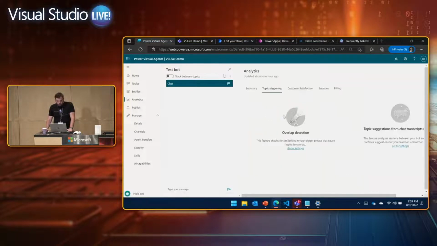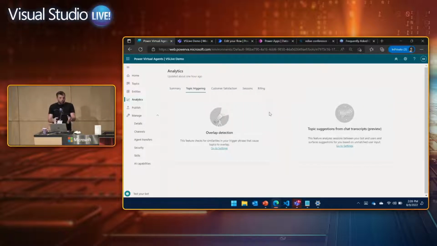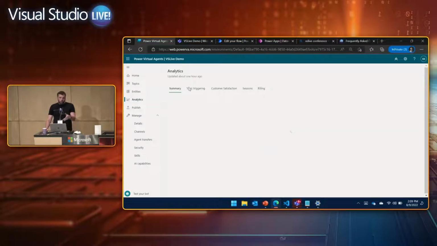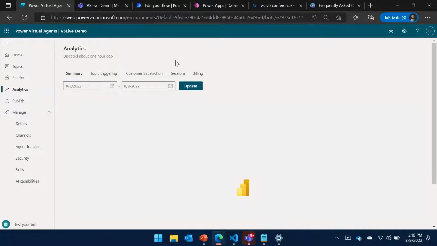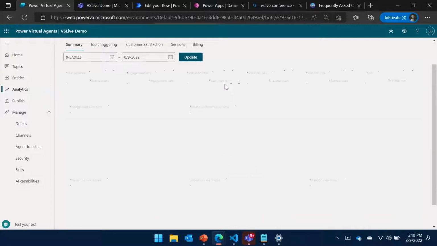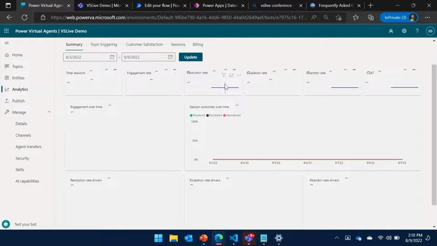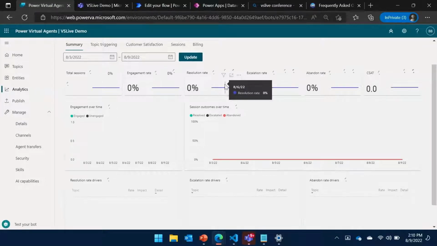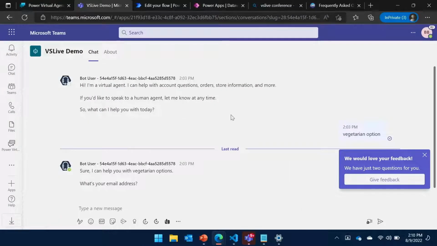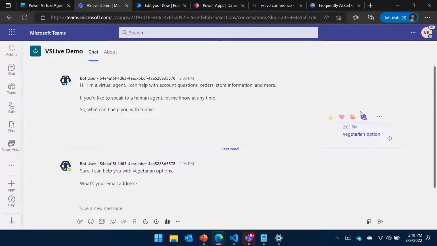And there's also a view to understand what things are overlapping and how they interact. This one, I just created the bot 20 minutes ago, so it didn't bring in any analytical data. We didn't talk about analytics yet, but there's a built-in report here that shows how many sessions in total. Engagement rate is, typically with the bot, like you see the bot here, and in this case my session is engaged